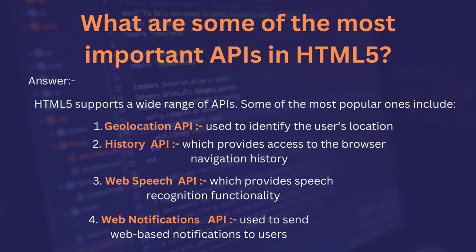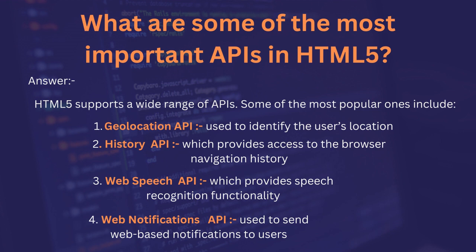The next question is: what are some of the most important APIs in HTML5? HTML5 supports a wide range of APIs. Some of the most popular ones are included. The first one is the geolocation API, the second one is the history API, the third one is the web speech API, the fourth one is the web